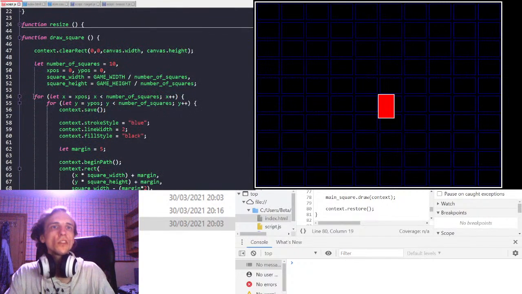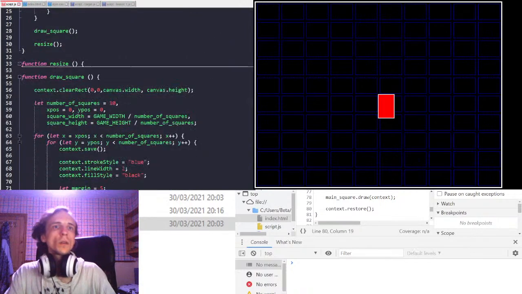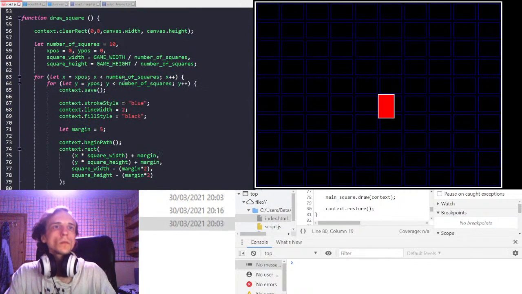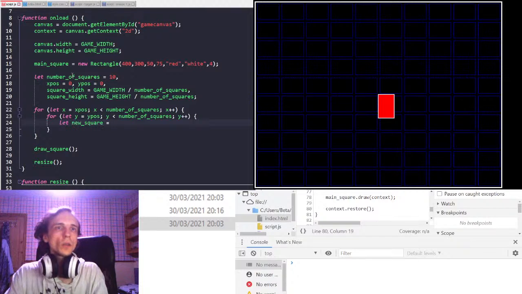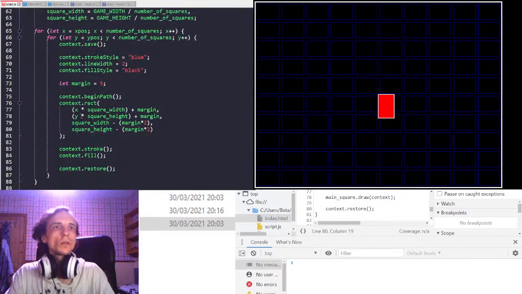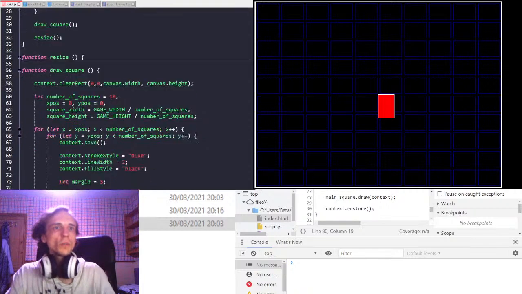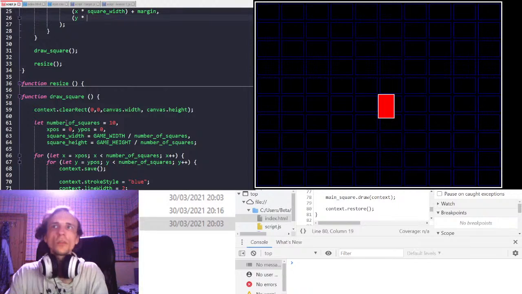wait, we did a nested loop, didn't we? So over here, we're going to do let new square equals new rectangle, and inside the rectangle's arguments we're going to give it an x pos of x times square width plus margin, y times square width plus margin,